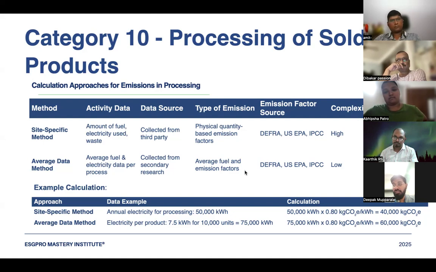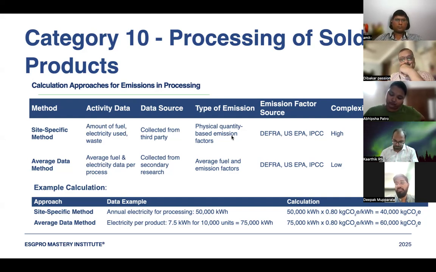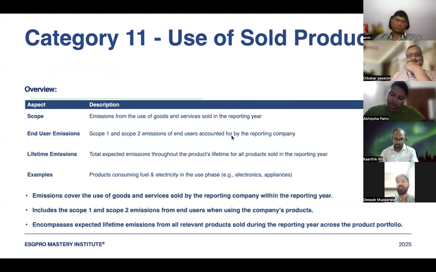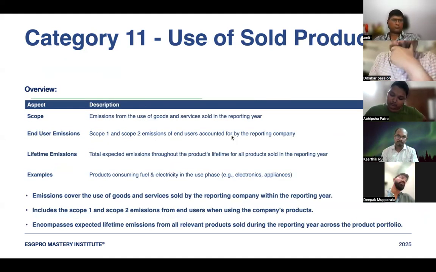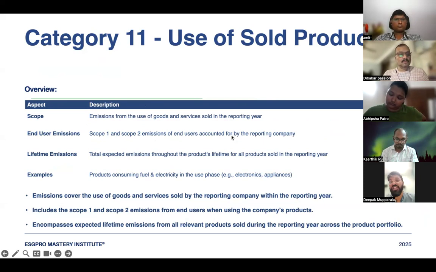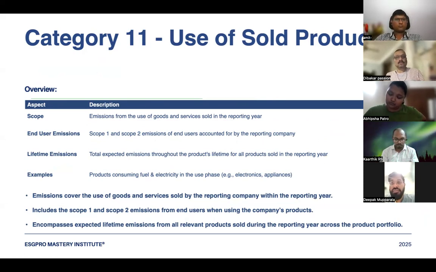Everyone. टफ है बट एक ही टाइम करना पड़ता है ना आपको एज ए कंपनी. One time this exercise might take 2 years, but do that. Then only you will have a supply chain efficiency in terms of carbon emission. Then comes the use of sold product. We have already talked about shampoo bottle. How you are disposing of that shampoo bottle, how you are disposing of the packaging material, all has an impact. We were talking about